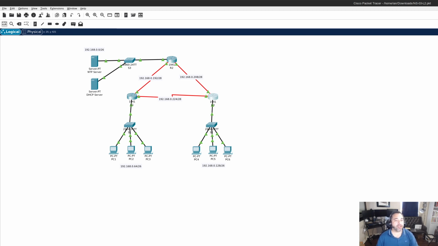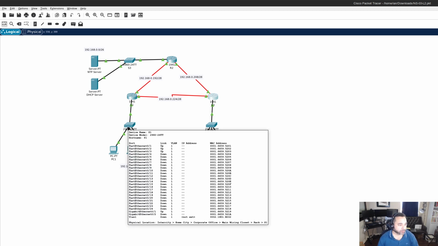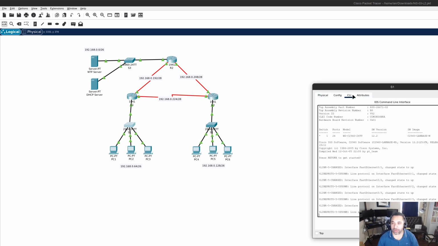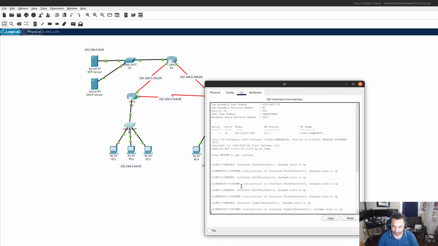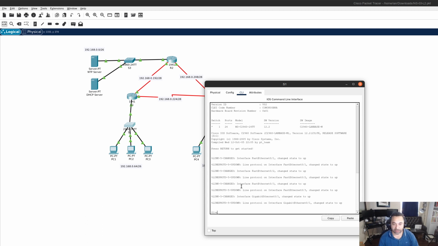So next thing I want to do is, again, I'm trying to configure my network. I want to harden it. So I'm going to enable DHCP snooping. Let's go ahead and prevent a DHCP spoofing attack and starvation attack. Okay, so let's go ahead and start with switch number 1. And I'm going to enable DHCP snooping globally here. So let's do enable,